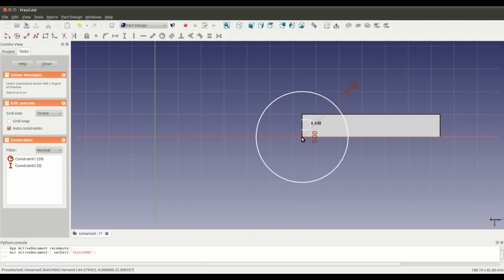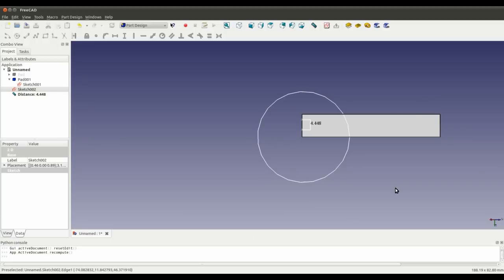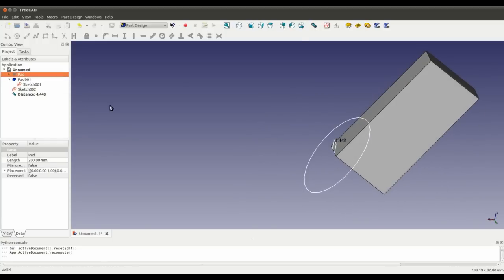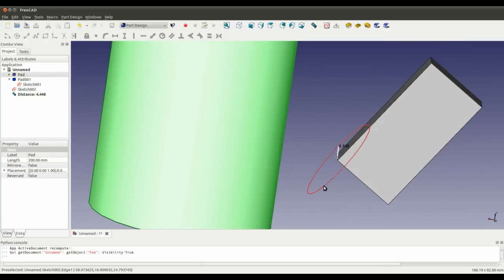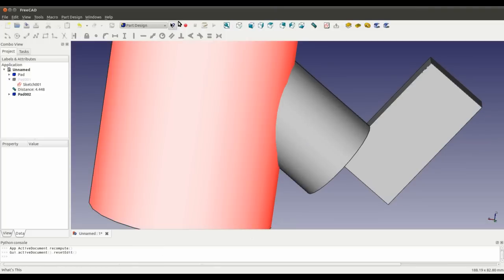Let's go back into that sketch. Maybe. That might be right. I'm really not sure. Like I said, I'm not going to waste any more of your time here. I'm just going to crack on. So that's that circle done. Now I can just select that, pad it, 200,